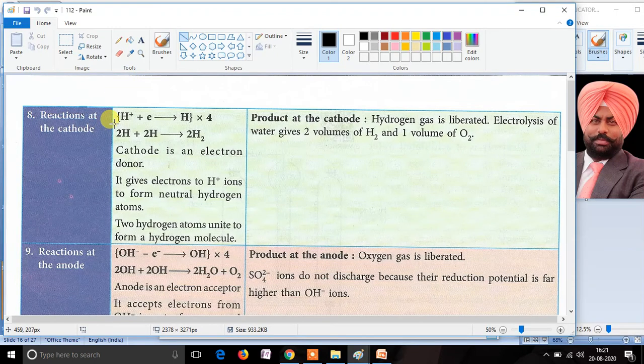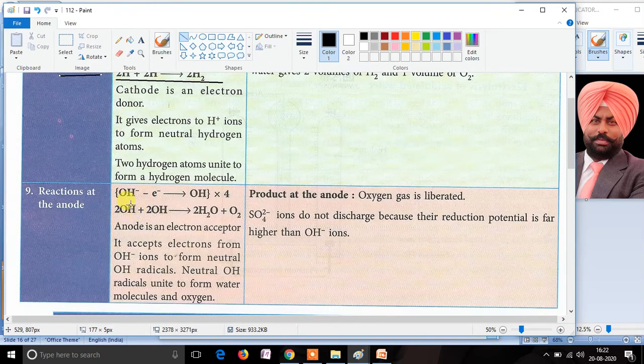Hydrogen ions, because they are having deficiency of electrons, will migrate towards cathode, and at cathode they will gain one electron and form neutral hydrogen atom. Neutral hydrogen atom cannot live all alone because hydrogen is a diatomic molecule gas. Therefore, one molecule of hydrogen gas should have 2 atoms of hydrogen, and 2 atoms of hydrogen combine to form one molecule of hydrogen gas.